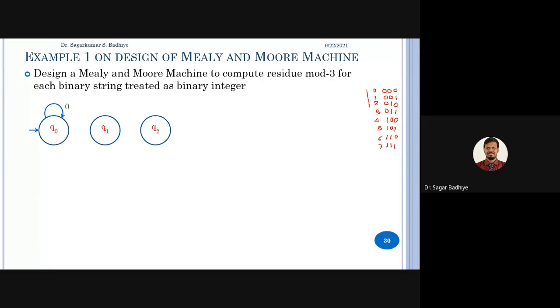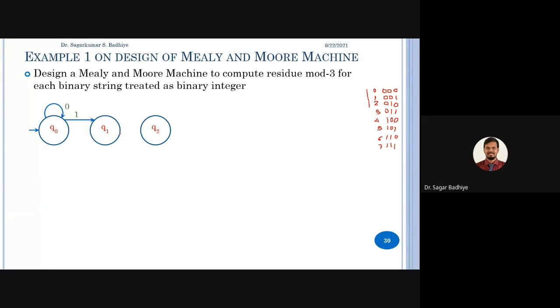Okay, if I get 0, 0 as input, and lastly there is 1, it is representing the number 1. So if I directly get 1 as input, it is representing number 1. So I should transit to a state such that the output is 1, and the remainder 1 state is q1. So in q0, if I get 1 as input, I should transit to q1, right? Now we have considered both inputs from q0, that is 0 and 1. Now in q1, I can get an input 0 or I can get an input 1, right?